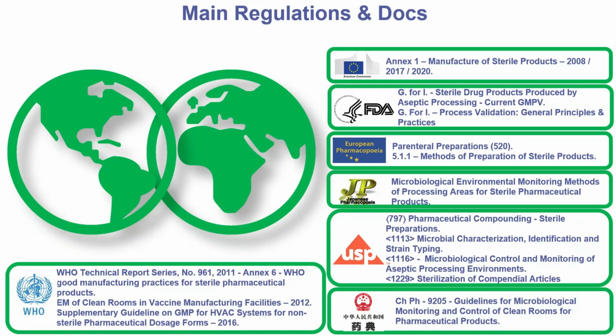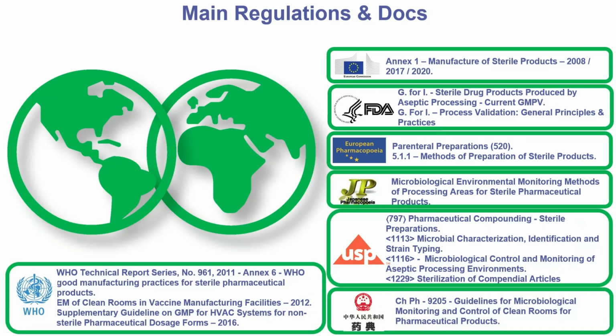Annex 1 for the European GMPs, in its version 12 published in 2020, gives the key requirements for the manufacture of sterile products, including the environmental monitoring program and the elements to be implemented for the qualification and classification of the clean room and clean air environment, including barrier technologies. FDA also gives the equivalent requirements in its guidance for industry relevant to the manufacture of aseptic processes.